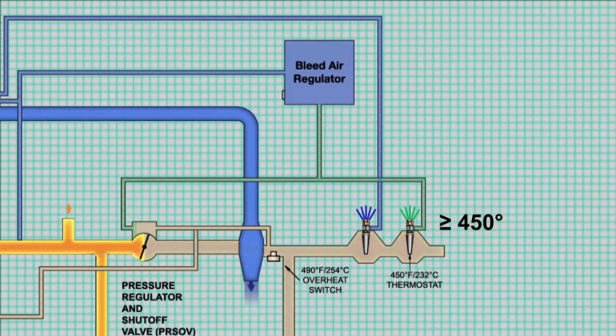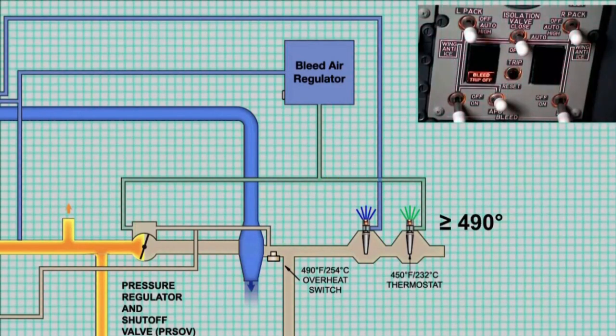If temperatures continue to rise, the 450 sensor will open fully, causing the PRSOV to move further toward the closed position. This reduces the pressure further, protecting the air conditioning packs and the leading edge from extremely high temperatures. If the temperature reaches 490 degrees Fahrenheit, the 490 over temperature switch will close the PRSOV and the bleed trip light